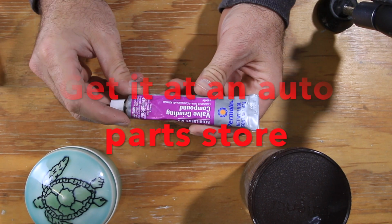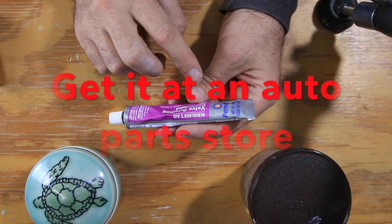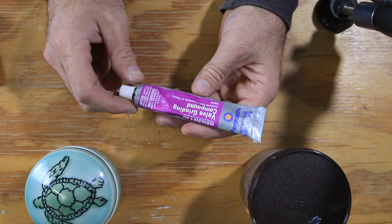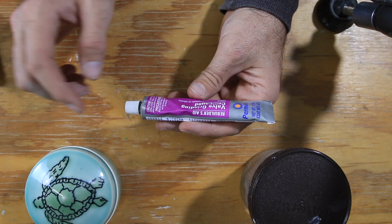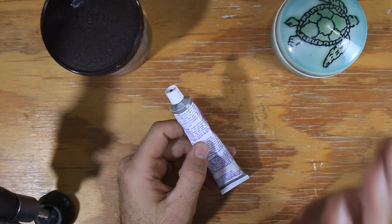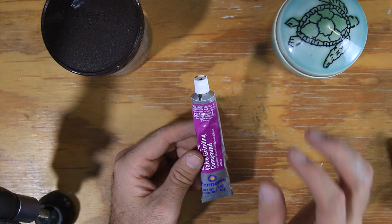You just get this valve grinding compound. Now there's two different kinds of valve grinding compound. You wanna make sure that you get the water-based. If you go to Napa or something like that, a lot of times they'll have water-based and oil-based. Now this one doesn't say, I can't find it on the label if it's oil-based or water-based, but